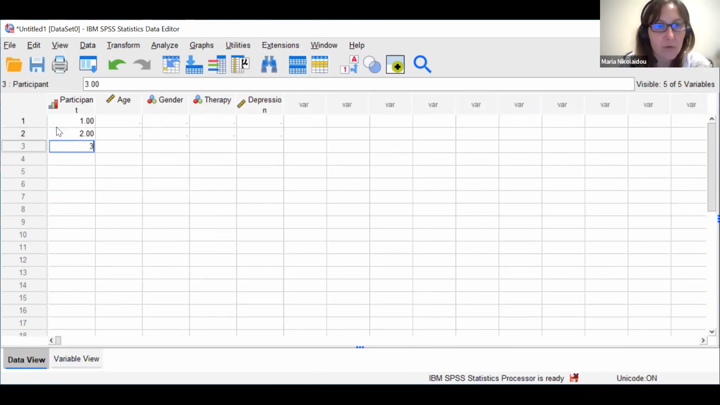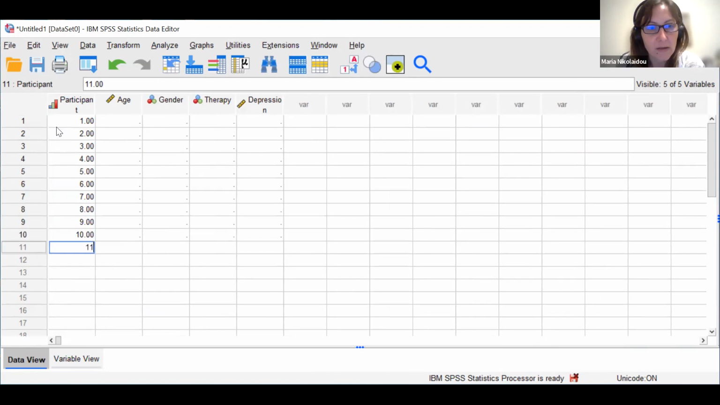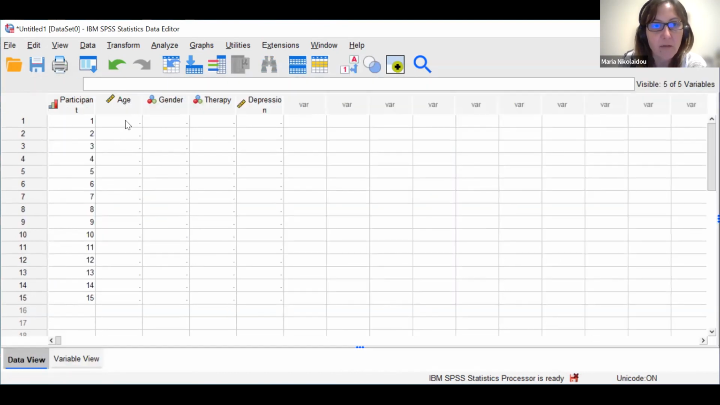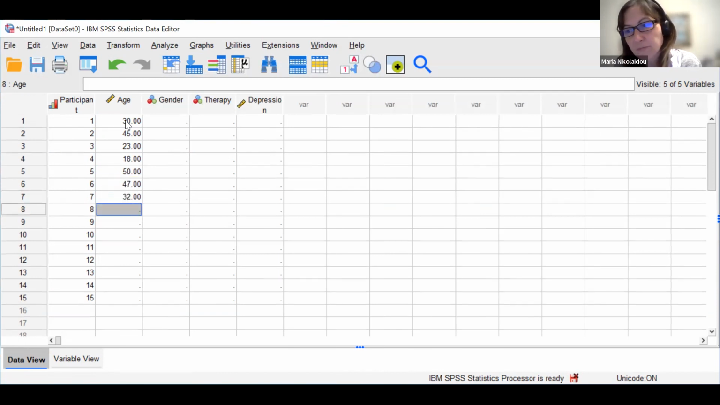So let's go and input some raw data: 5, 6, 7, 8, 9, 10, 11, 12, 13, 14, 15. And if you see here, when I talk about the decimals, you can set it to 0, and you can see we have no decimals. Then we have ages: 8, 30, 45, 23, 18, 50, 47, 32, 19, 51, 27, 26, 39, 21,